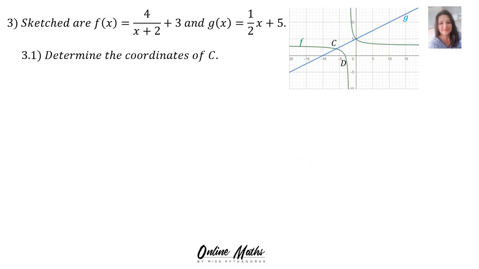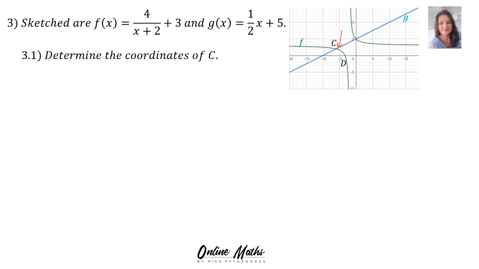Example 3. Sketched are f of x is 4 over x plus 2 plus 3 and g of x is half of x plus 5. Determine the coordinates of C. So what we need to do is look at the sketch and see what is happening at C. Can you see it is the place where the two graphs intersect, and therefore we will use